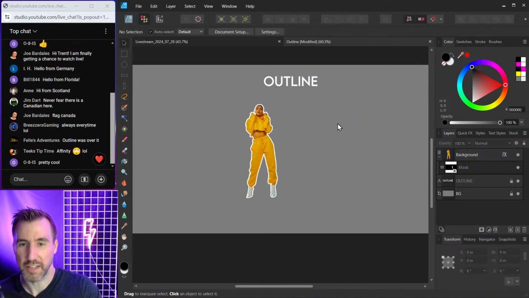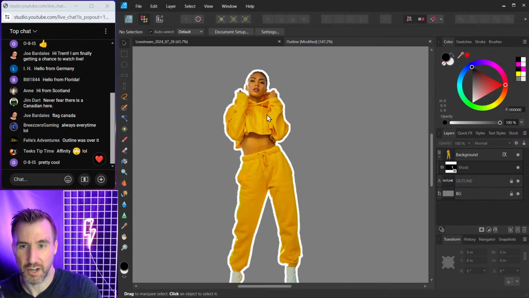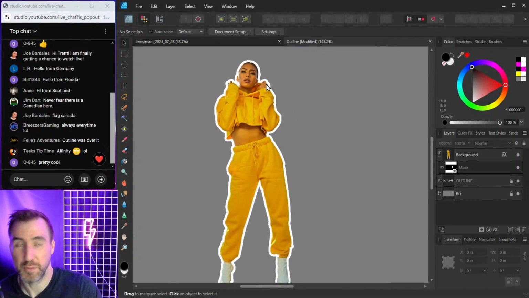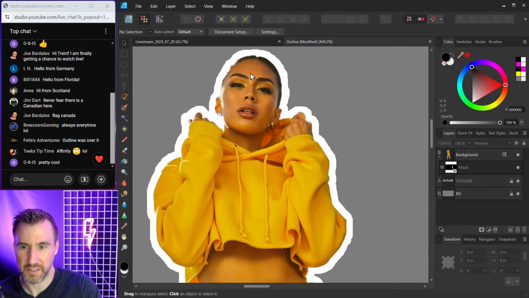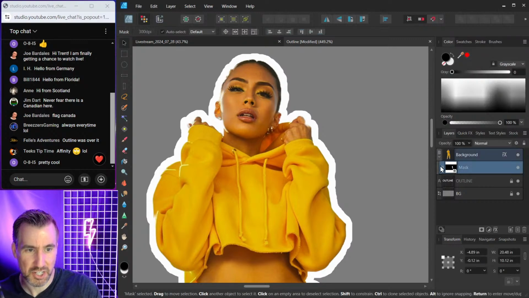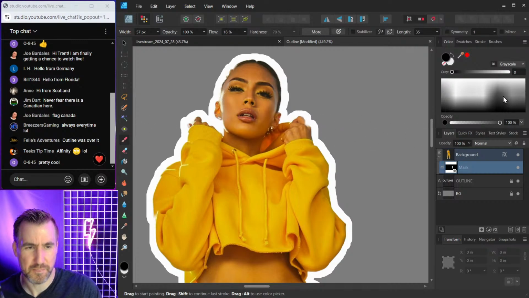So this is what I like outline for, putting outlines on bitmap raster images, and the outline is responsive to the mask as you alter it. So if I go to my pixel persona here, actually I was in the pixel persona, that's why the thing wasn't working, I think. If I adjust my mask, I can select my paintbrush,